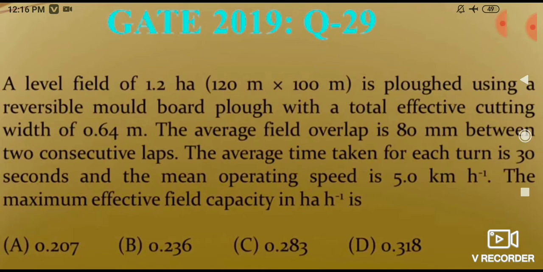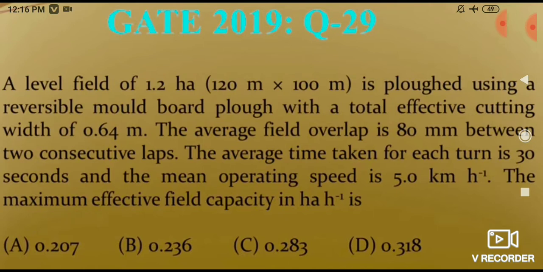आपको ये चीज ध्यान रखनी है, जब भी हमें क्वेश्चन में a into b के फॉर्म में लैंड की साइज दी हो, मीन्स क्वेश्चन में क्लियरली मेंशन ना हो कि लेंथ क्या है या विड्थ क्या है, तो जो लॉन्गेस्ट होती है that is the length and the shortest one is the width. आपको ये दोनों में डिफरेंसेस याद रखने हैं. Whenever in the question it is given then no problem, but whenever it is not given then you have to take care about this. And it is plowed by using reversible plough.